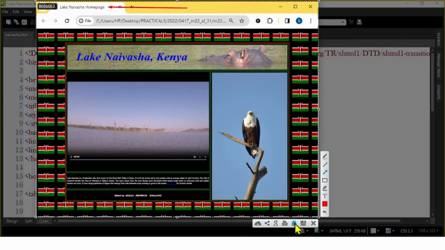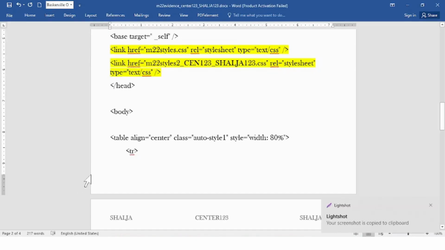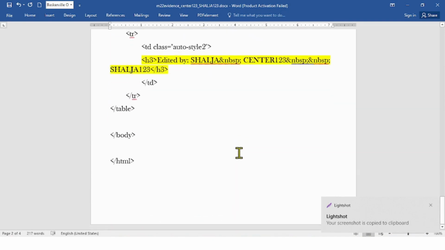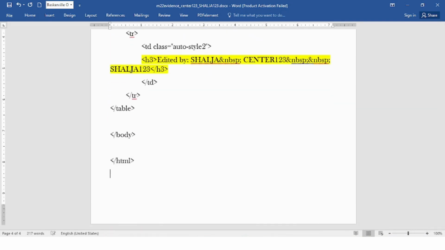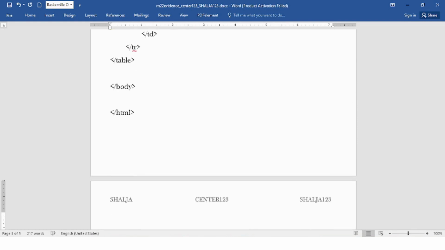Okay, now I can just copy this, go to evidence, go to the last. Here we are going to the next page, I guess. That's better. And this one is which one? Evidence 4